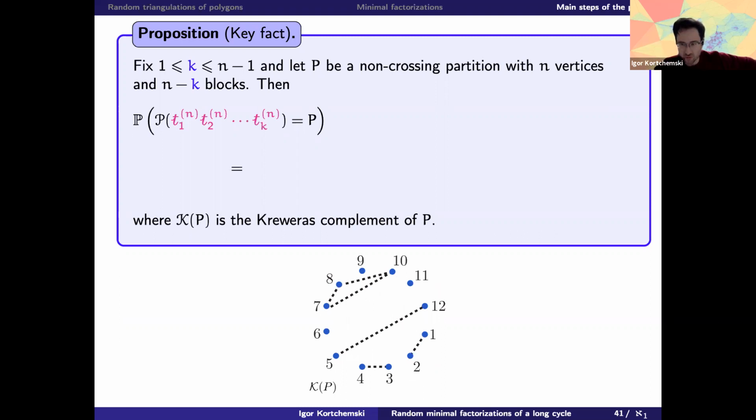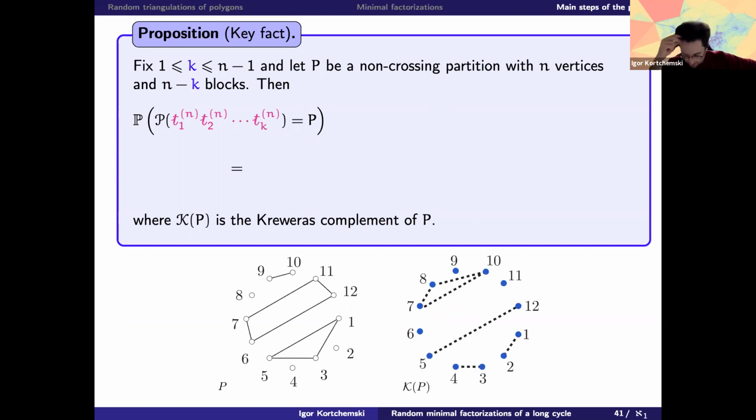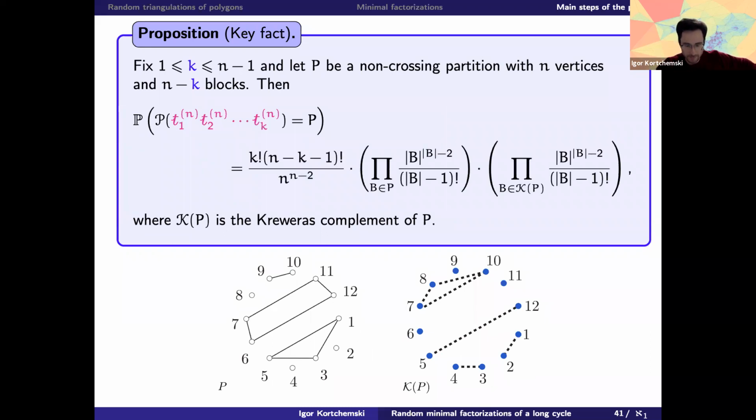And this gives you the Kreweras complement. So you have a non-crossing partition, its Kreweras complement,